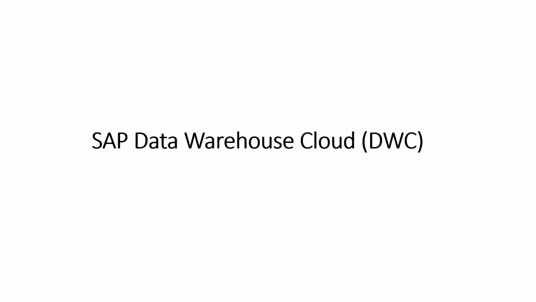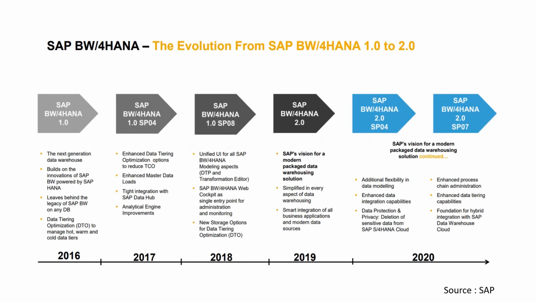For this course, I want to keep theory to a minimum, but we have to have some background before we jump into practicals. Small session on theory of SAP DWC. So we want to understand how DWC came into the picture, where it came from, and how SAP has evolved over the years. So if you're from an SAP BW background, you already know this. And if you are not from an SAP background, then basically SAP BW has been a pioneer and it has evolved